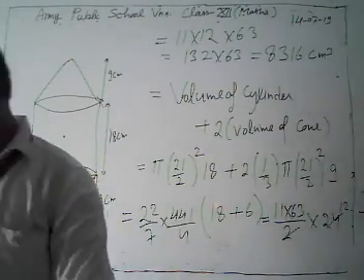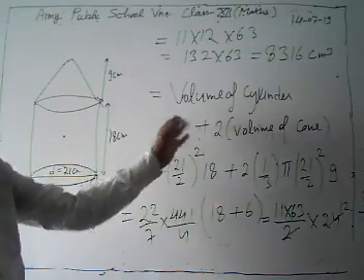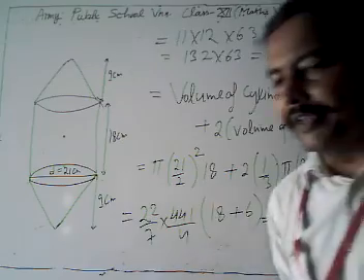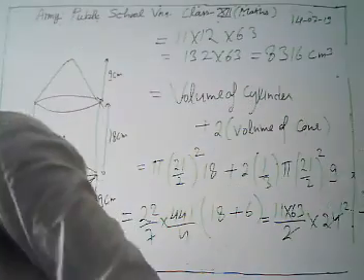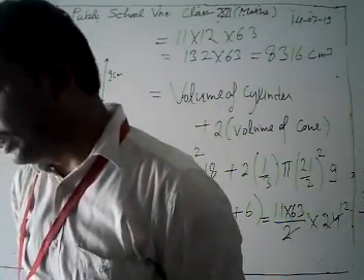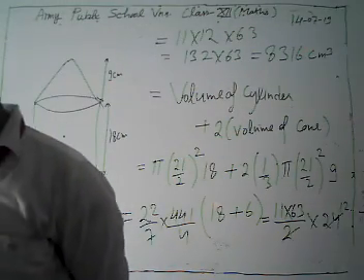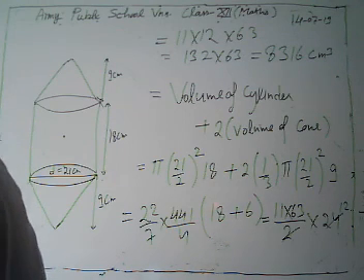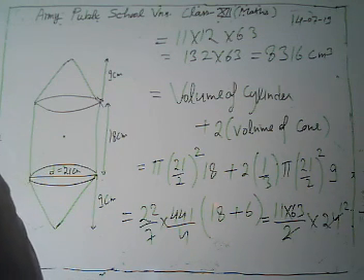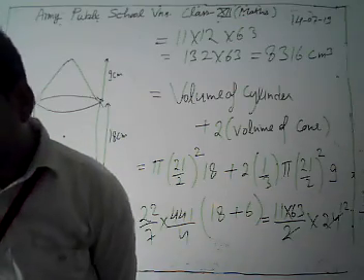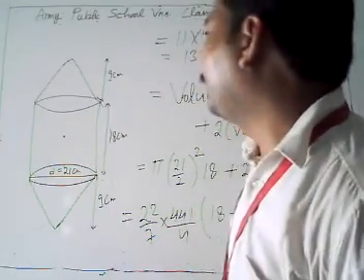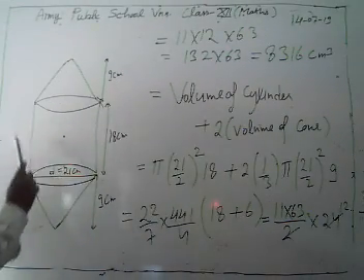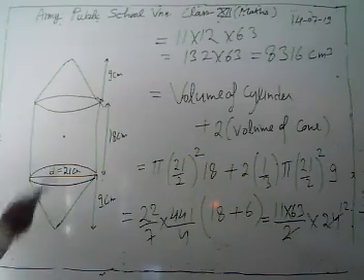8,316 centimeter cube. This is our volume of the capacity of tank. I'm just going to revise again. It's given that the petrol tank is a cylinder of base diameter 21 centimeter and length 18 centimeter, fitted with conical ends each of axis length 9 centimeter. Determine the capacity of the tank. To determine the capacity of tank, from the figure, we have to find out the volume of this tank and volume of these two cones.